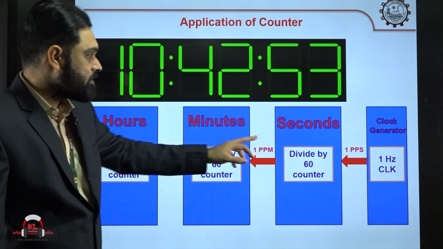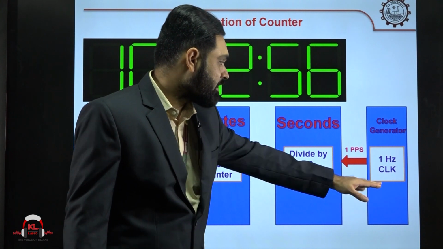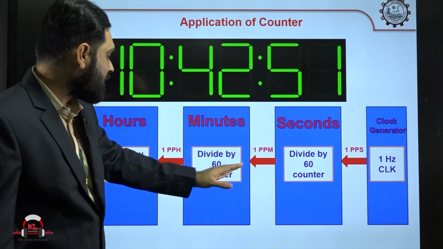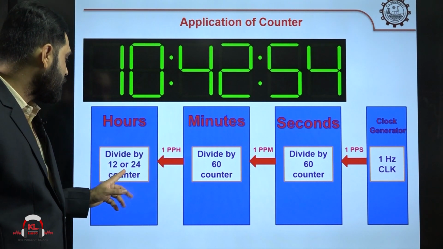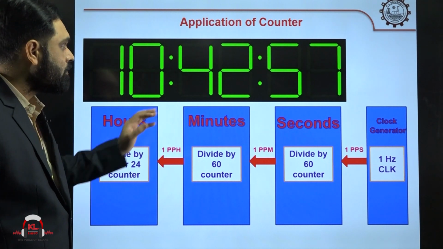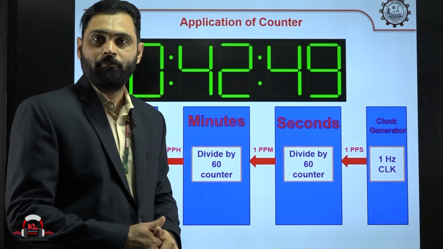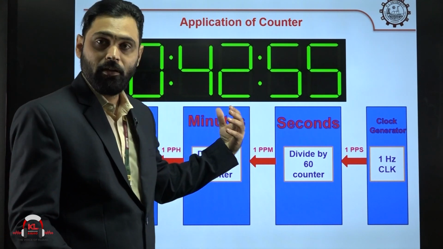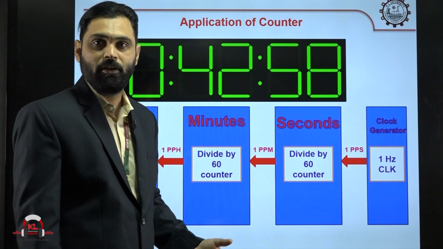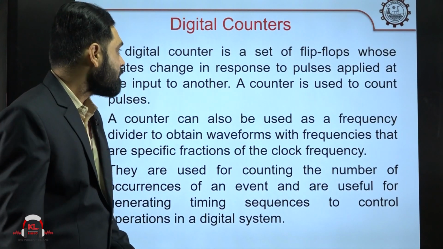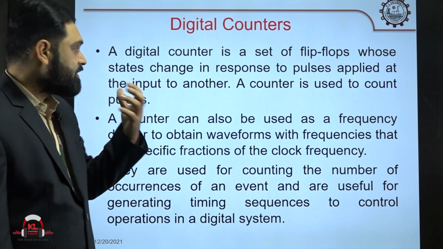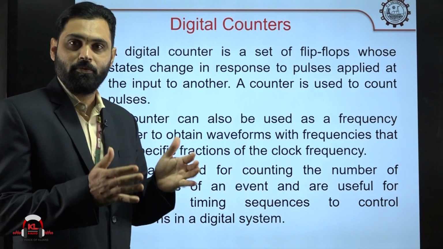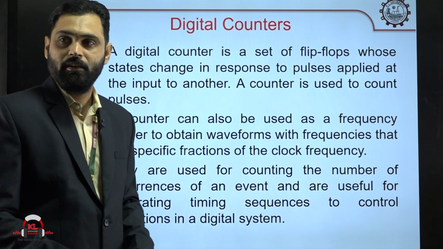So, hours, minutes, seconds, and a clock generator is connected. One Hertz clock generator is connected to this divide by 60 counter, 1 ppm is connected to divide by 60 counter, 1 pph is connected to this divide by hour counter. So, like that, so many applications, wherever you go, the digital counting related operations will give a glance regarding what operations you are doing, how many operations you are doing. And a digital counter is a counter constructed with the help of a set of flip flops; using those flip flops we will construct one counter, and this counter will do the desired operation.